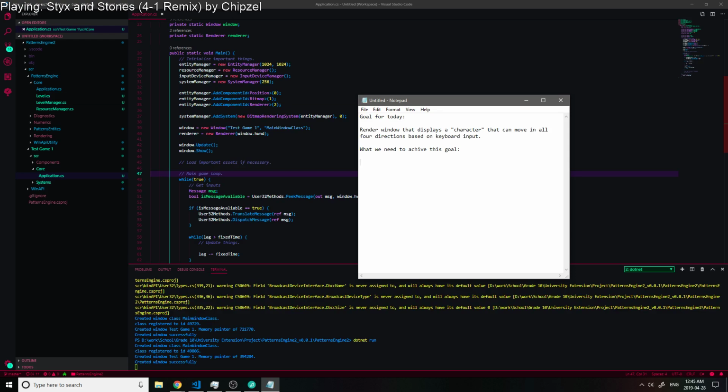Alright, so what we need to achieve this goal. What do we need to do? Well, we need to be able to render a character. In this case, it's probably just going to be like a rectangle or something like that. Be able to get keyboard inputs. Be able to